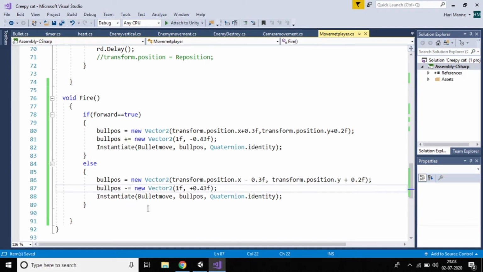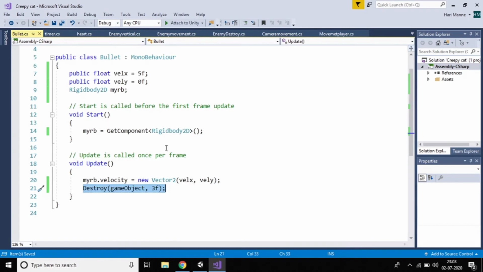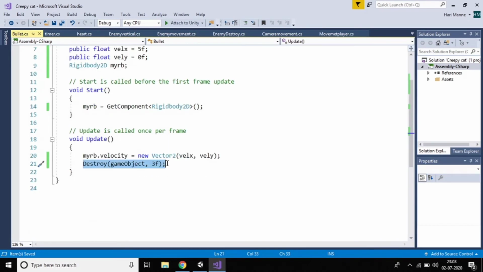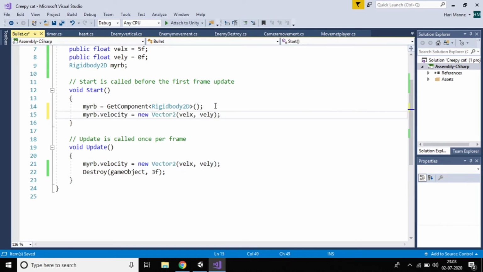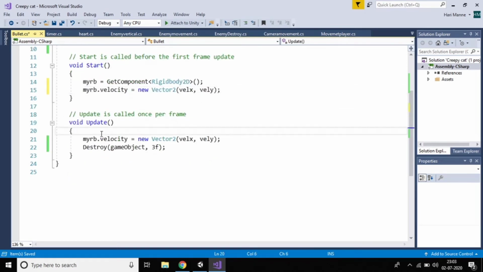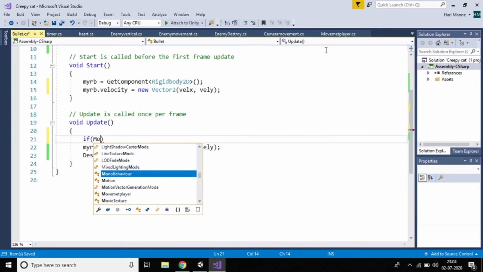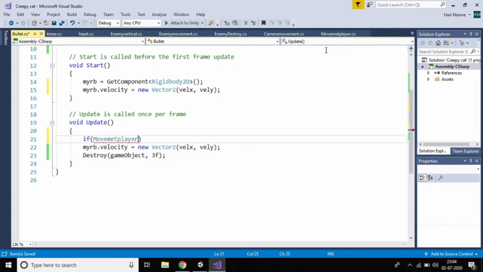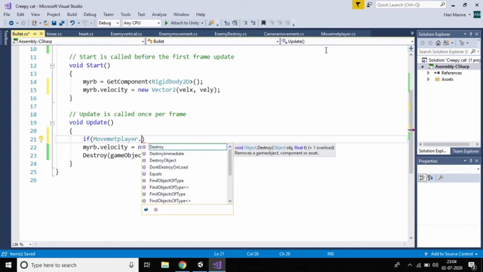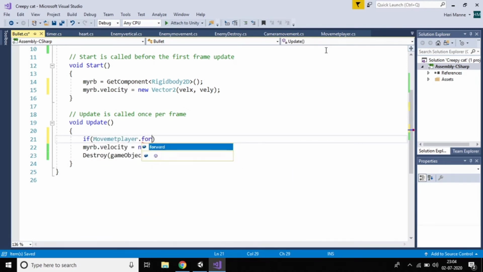Just Control S and go to the bullet script, and we need to change some code here. The rb.velocity initially should be this speed. If I start, initially it should be this speed, and if movement equal to, I'm taking the code from the player movement. So PlayerMovement.forward, I'm accessing that code, is equal to true.